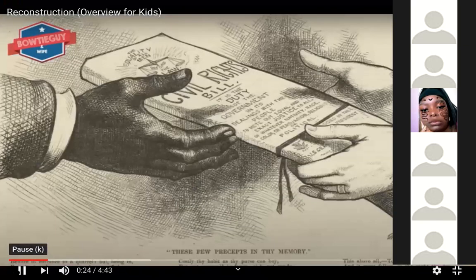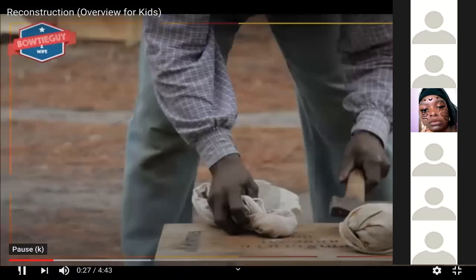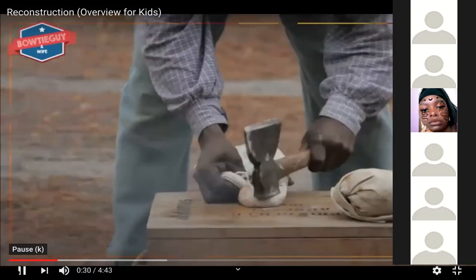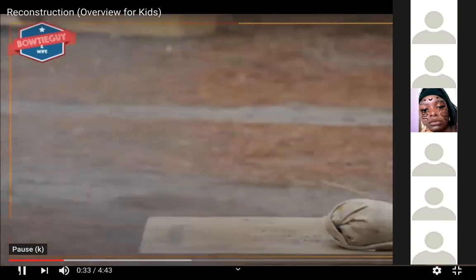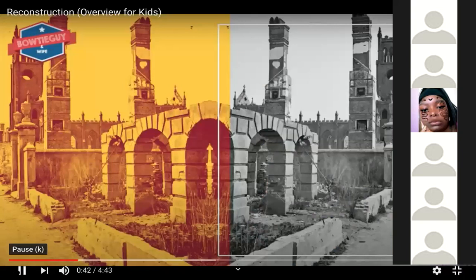Following the conclusion of the American Civil War is known as Reconstruction. Reconstruction, as historians say, is possibly the birth of the American Civil Rights Movement. Why? With the Reconstruction Amendments, the 13th, 14th, and 15th Amendments to the Constitution, African Americans now were no longer in chains, no longer indebted to slave owners. They were free, they were emancipated, they had the opportunity to vote.